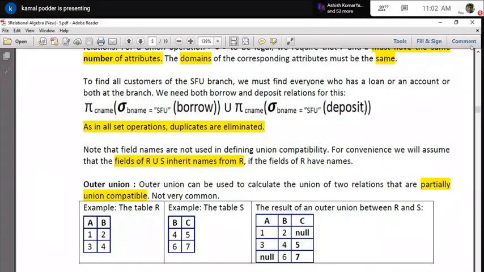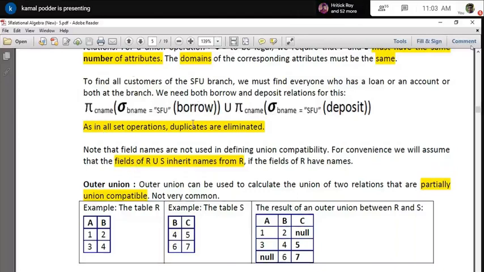Here the depositor is a relation. From the depositor relation, I will find all the depositor information of this particular branch. Mind you, there is only one table for every branch, and that is the reason we first need to restrict the data. After doing that, you select and project only the CNAME. That means what I got here is all the depositor holders, or customer names, of the SFU branch.